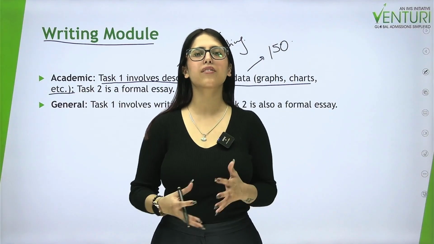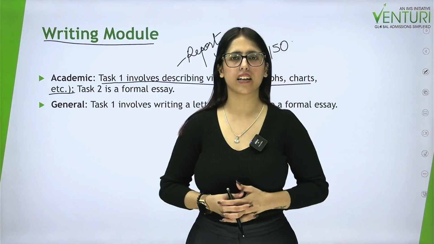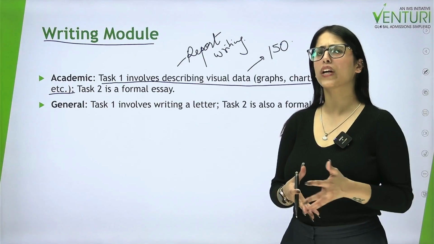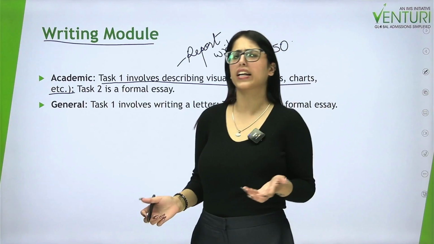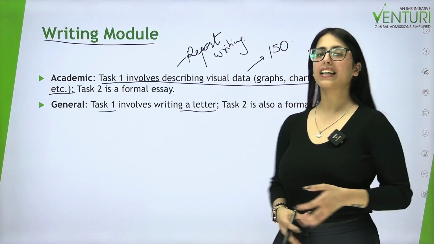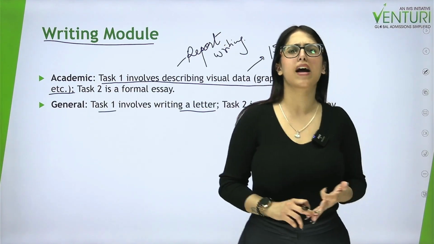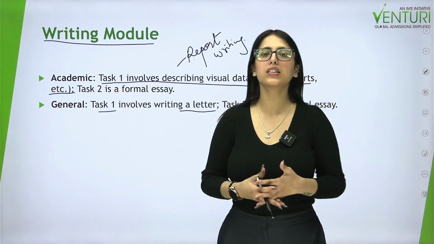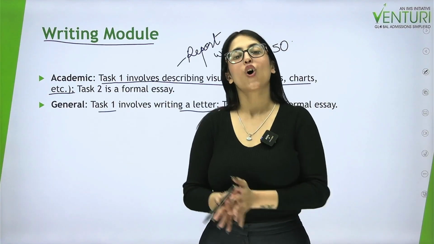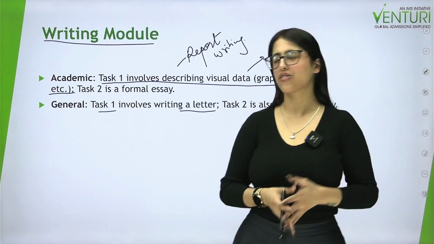But if we are going for general training IELTS, we are not going to be expected to work with any data set. Neither are we supposed to write a report. Okay, so what are we then going to do in the first task of general training IELTS? So here in task 1, we are expected to write a letter. Now this letter could be either formal or informal or semi-formal as well. So what I mean by that is that they can either ask you to write a letter to your neighbor or your boss or your friend also. So they cover all the three categories that I mentioned, right?